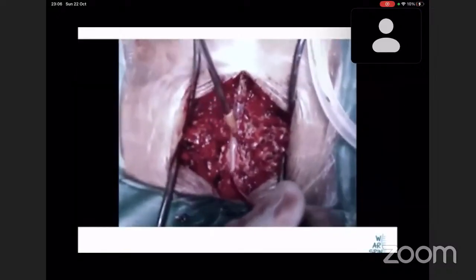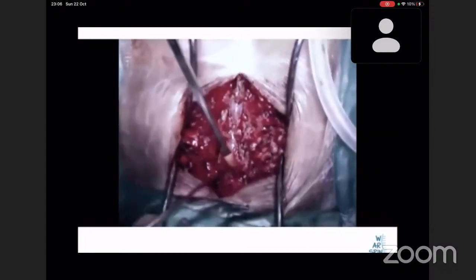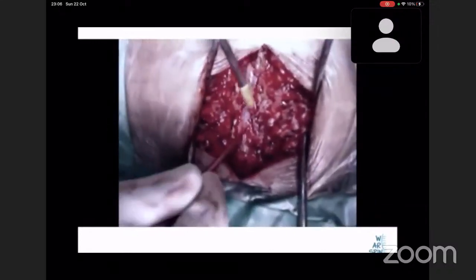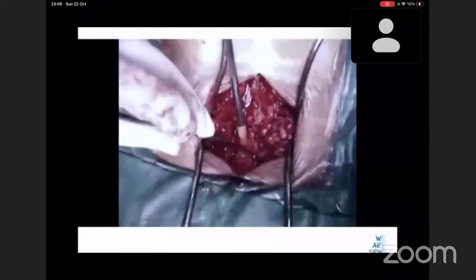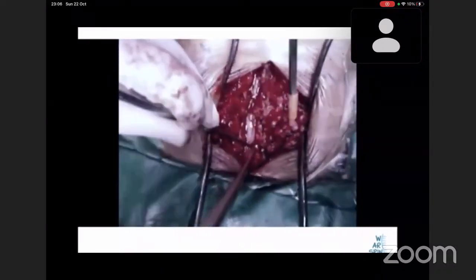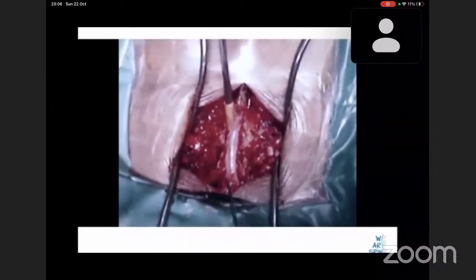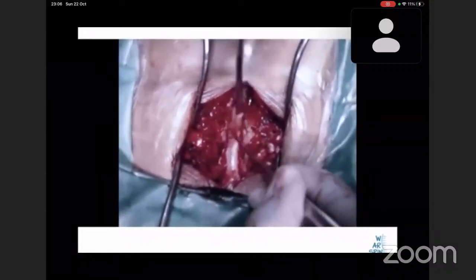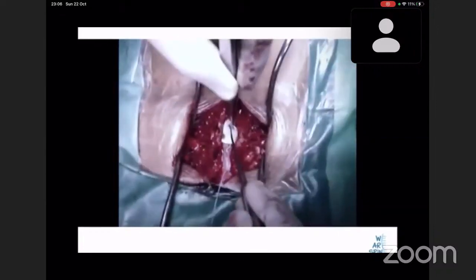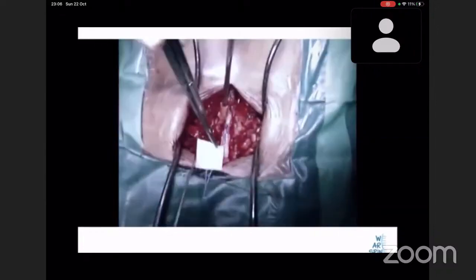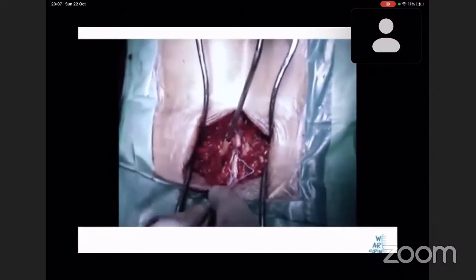So here you can see a good central laminectomy is done, and I'm using a dura retractor to make planes between the dura and the hypertrophied ligamentum flavum and the hypertrophied medial facets. Once I make a good plane, I'll use a forceps to clear out soft tissues that are overhanging on the dura. By doing this, I can get a clear visualization of the hypertrophied medial facet. And then with the help of a Penfield retractor, we are separating off the dura and making sure there are no adhesions. Patties are put underneath the facet joints so that there is no injury to the nerve roots when we are doing the facetectomy.